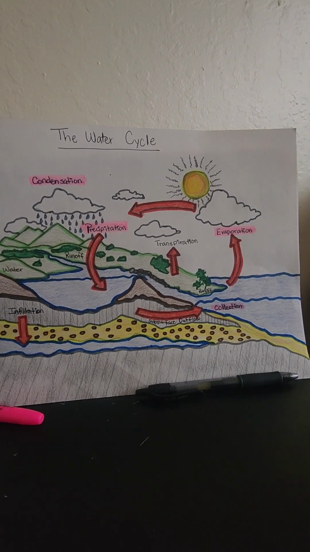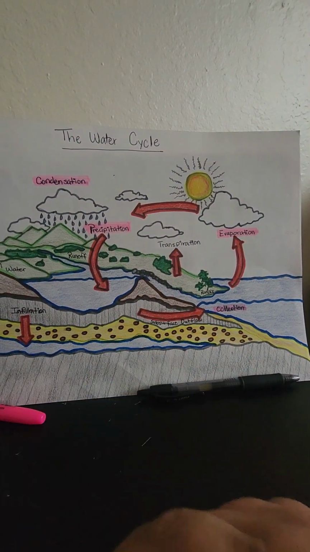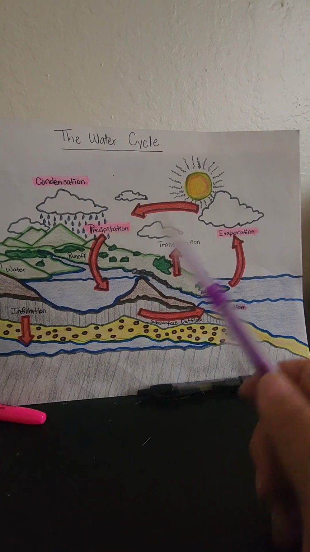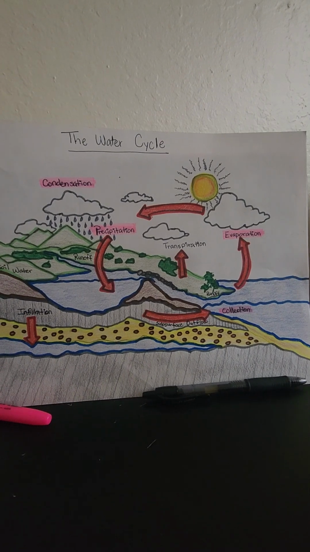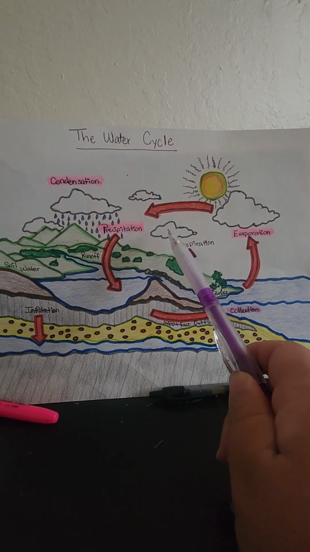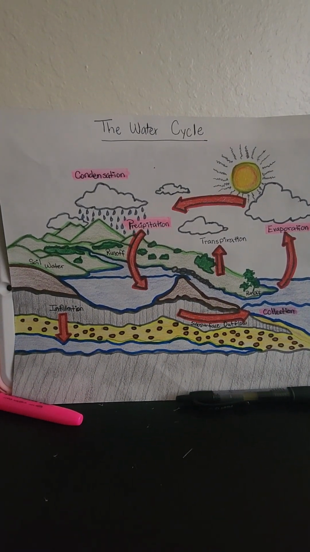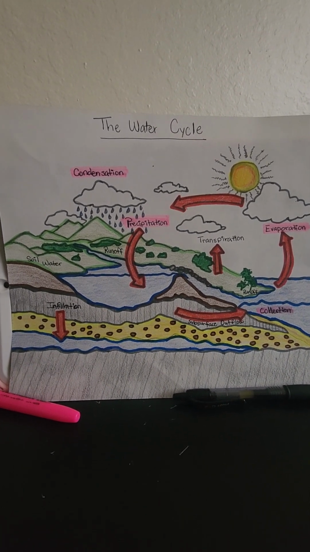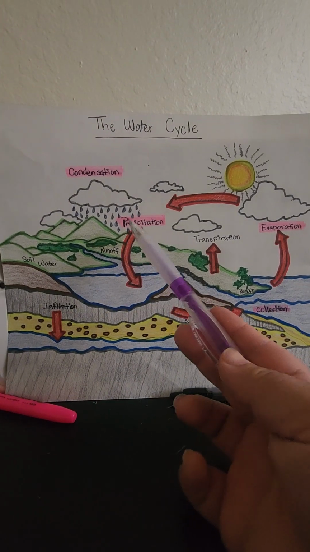And next, it will go across to the condensation. Now, the condensation takes place when water in the air is cooled down, and it changes into small drops of water. This forms all the clouds, as you see here. I drew a couple of mini clouds here, and it forms into clouds. And when the water gets too heavy, or the clouds are filled enough, it turns to rain,